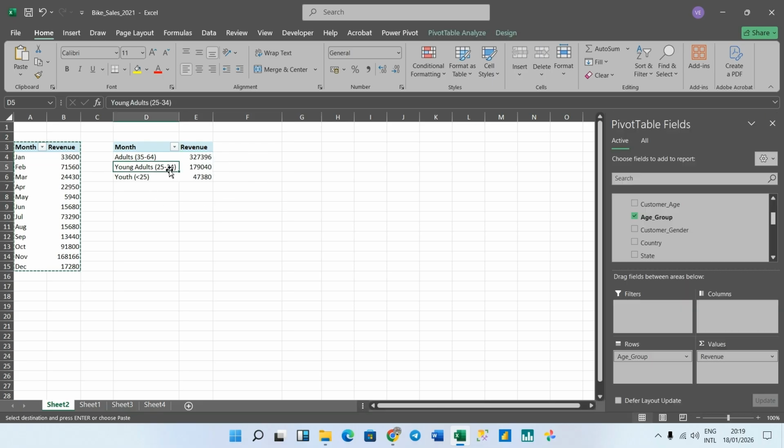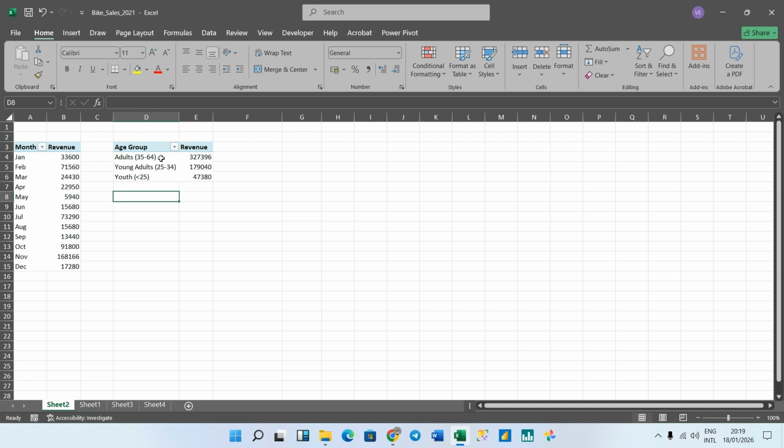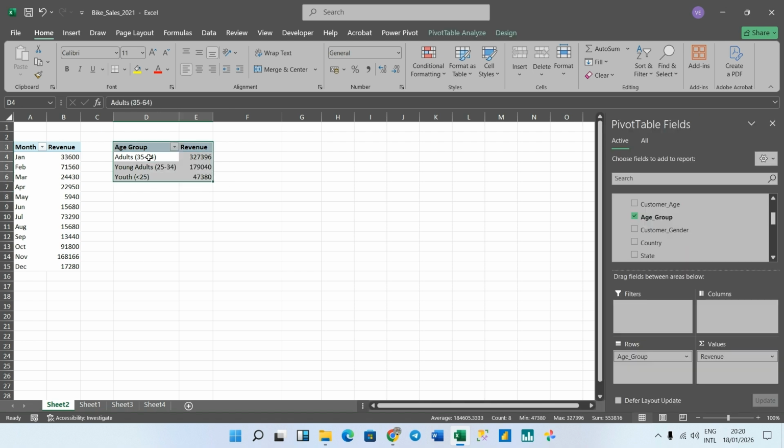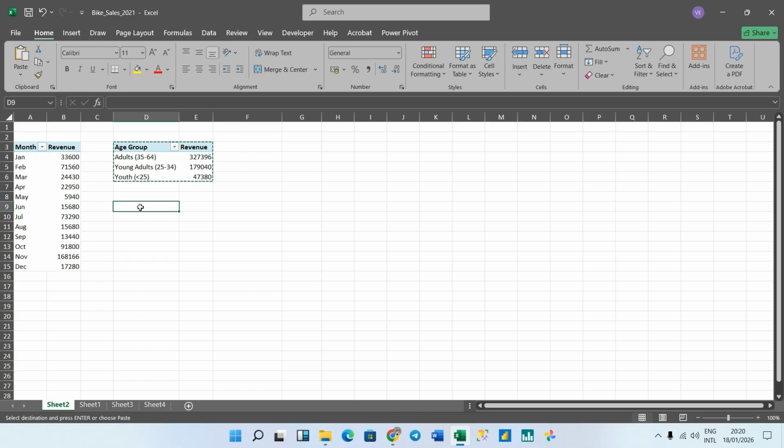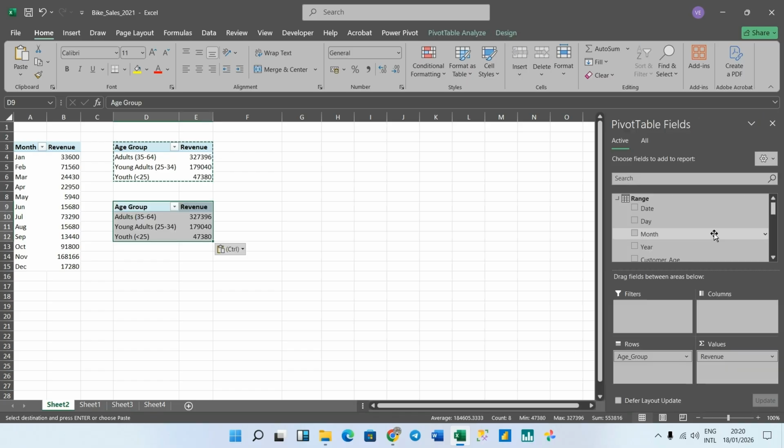The next thing, we are still going to copy this one, but you can see that the heading here is month. You always remember to change it. So I'm going to click here and change it to age group. I'm still going to copy this, highlight it, copy it, and paste it here. I'm going to do another one,